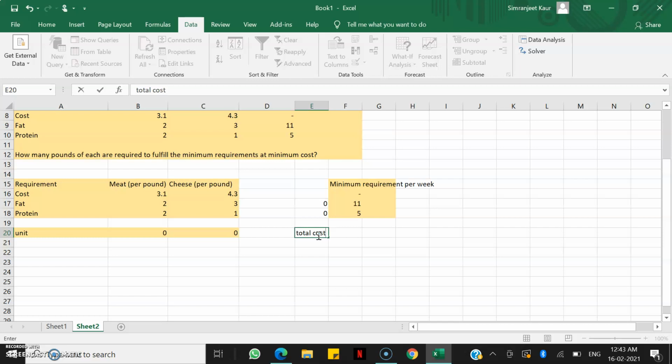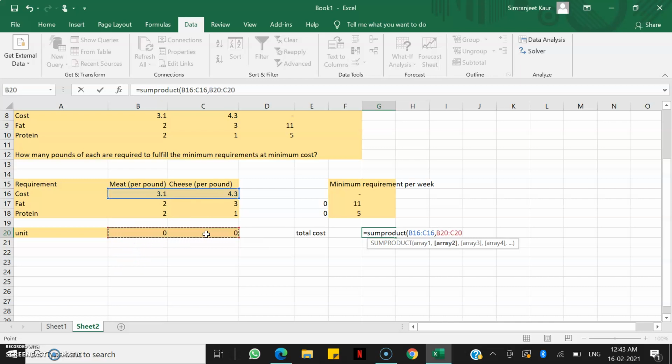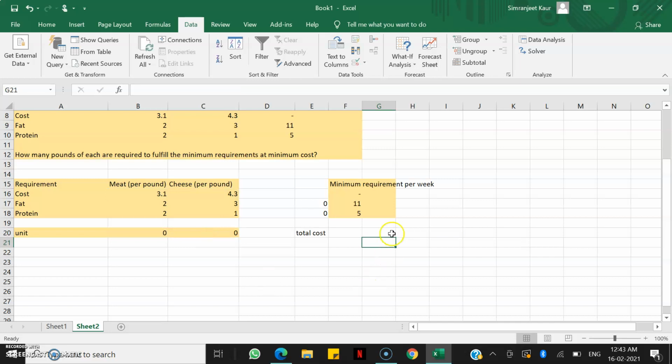That will be my total cost. So again I'll write down the sum product formula. My first array will be the cost per pound for both meat and cheese. Now this will be multiplied by the units. I'll close the bracket, then press enter. Now this cell is what we need to minimize, as they said in the question that we have to minimize the cost.